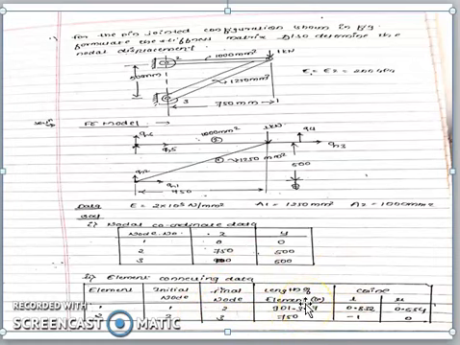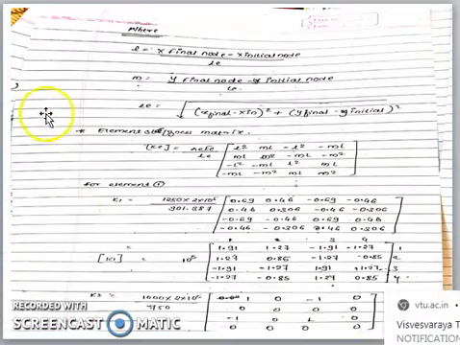Again LE is nothing but the effective length of the element. You can use the formula: square root of (x final minus x initial) whole square plus (y final minus y initial) whole square. In the previous problem I told you how to calculate LE, or you can use a trigonometric formula. Then you will get the effective length of the element. Then l is equal to cos theta, m is equal to sin theta. So calculate the value of cos theta and sin theta.